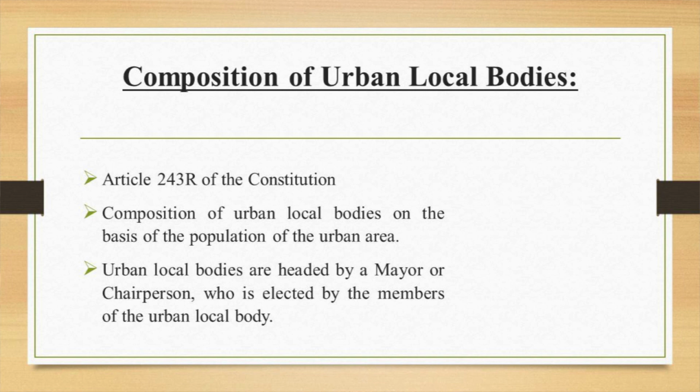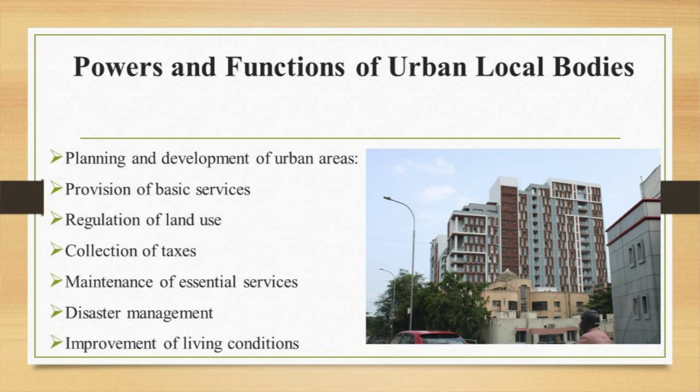So, composition of urban local bodies. Article 243R of the Constitution of India provides for the composition of urban local bodies, and for the larger population, larger is the urban local body. Urban local bodies are headed by a mayor or chairperson, who is elected by the members of the urban local body. And powers and functions of urban local bodies, which include planning and development of urban areas,